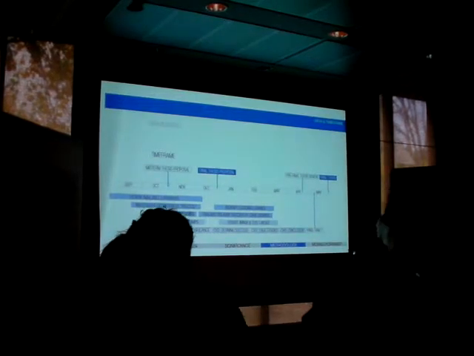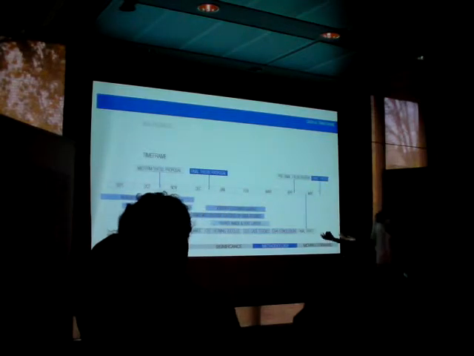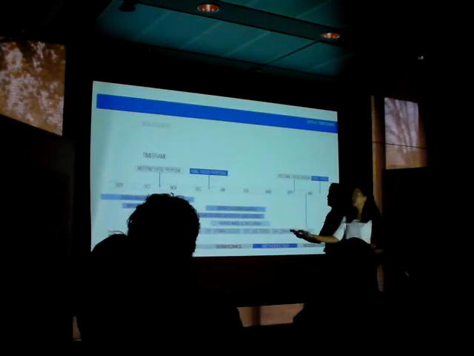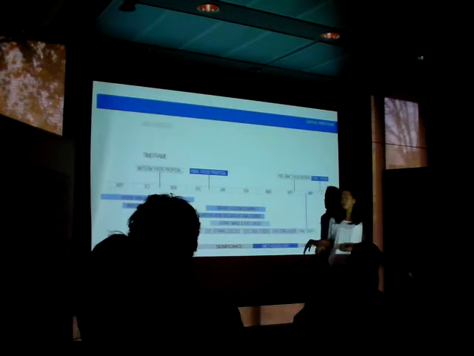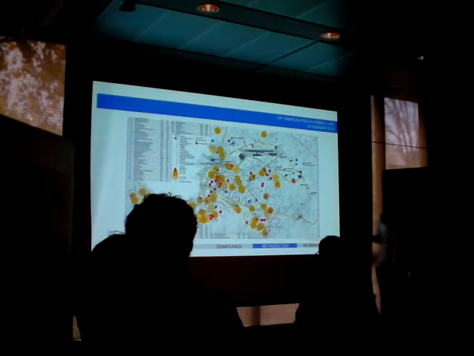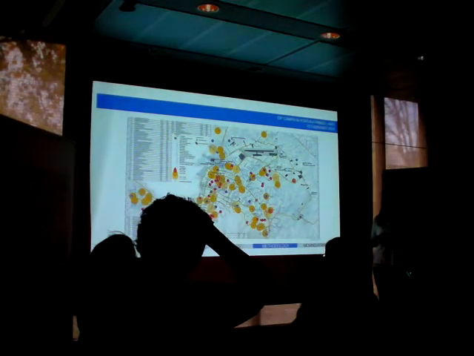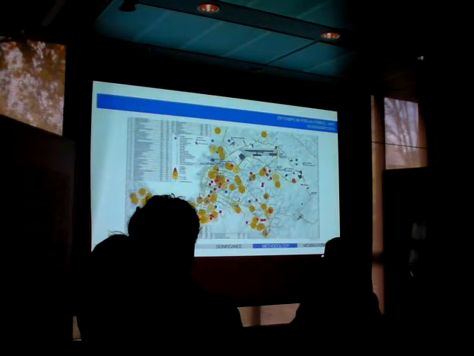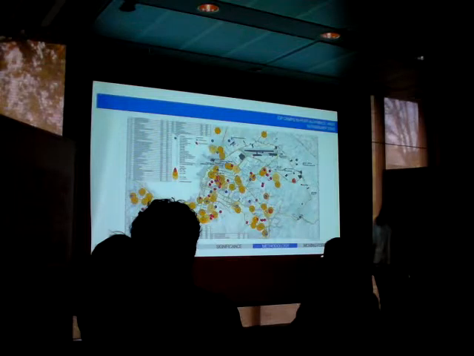Here is a time frame for when I expect and hope to do all these things: defining success, identifying case studies, and mapping, and when I propose to have all this done. This is an image of IDP camps in Port-au-Prince, and I'm working on getting the raw data for this image. But this starts to introduce the question that I'll have on the next slide,